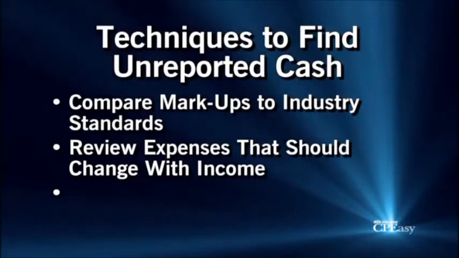We again look at expenses that are supposed to change with income. So for example, if I'm looking at a restaurant, the sales figures for the restaurant, as those go up, the cost related to food and beverage that's purchased should go up as well. If we see the restaurant's revenues going down, yet the food costs and beverage costs are still relatively high, I'm going to suspect that there are cash sales going unreported. Typically, business owners are interested in reporting all their expenses on their tax returns, even if they're hiding income. And so a comparison of those expenses sometimes will reveal a situation where we might suspect that there are cash